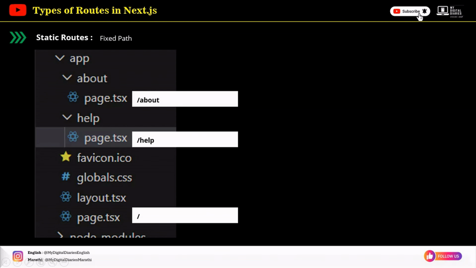help/page.tsx or here page.tsx. So if you look at the folder structure, inside the folder app/page.tsx, app/about/page.tsx, which will indicate /about, app/help/page.tsx, which will give you /help. This means the folder name becomes the URL path, and the page.tsx file becomes the actual page. There is nothing dynamic here, the path is fixed and predictable. So whenever someone visits /about, Next.js automatically renders the about page. That's why we call it a static route, a fixed path, and this is the foundation of routing